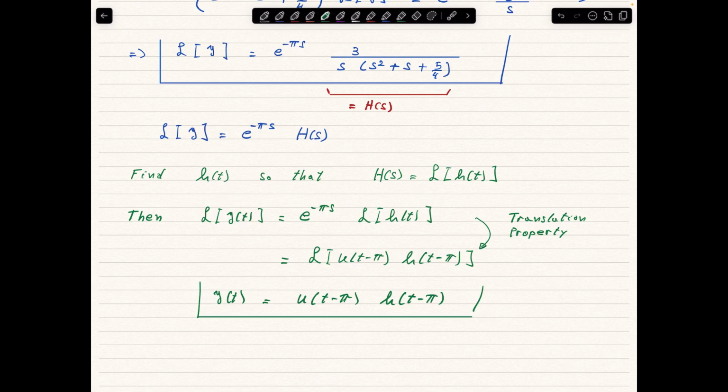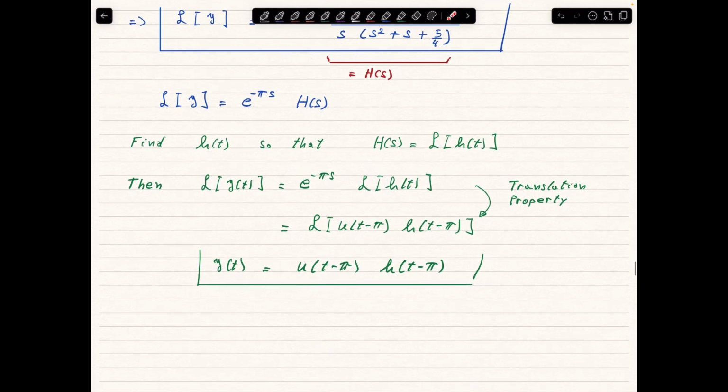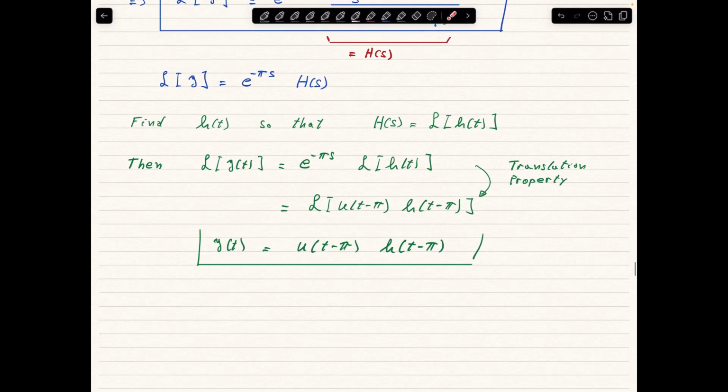So what this property says is that finding little h, working only with this part of the right hand side, is important, because if you find the inverse Laplace transform of that, you have solved your original problem with the exponential. Okay? So now we are going to focus only on h,